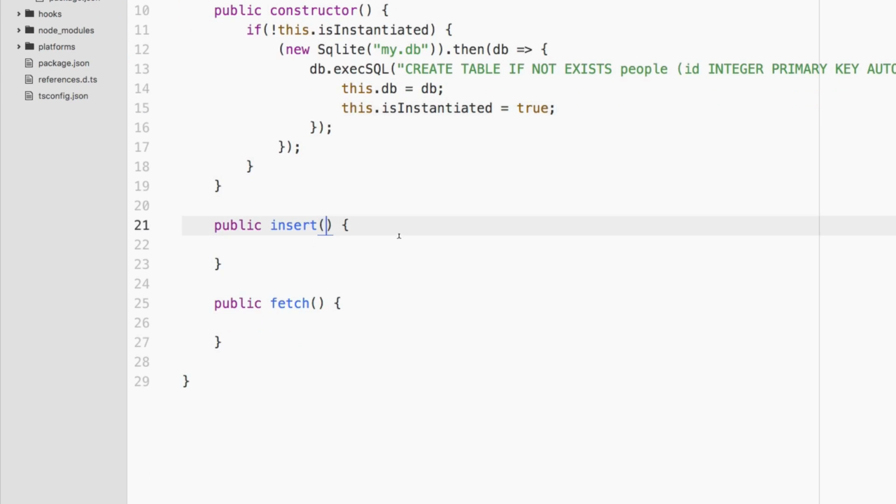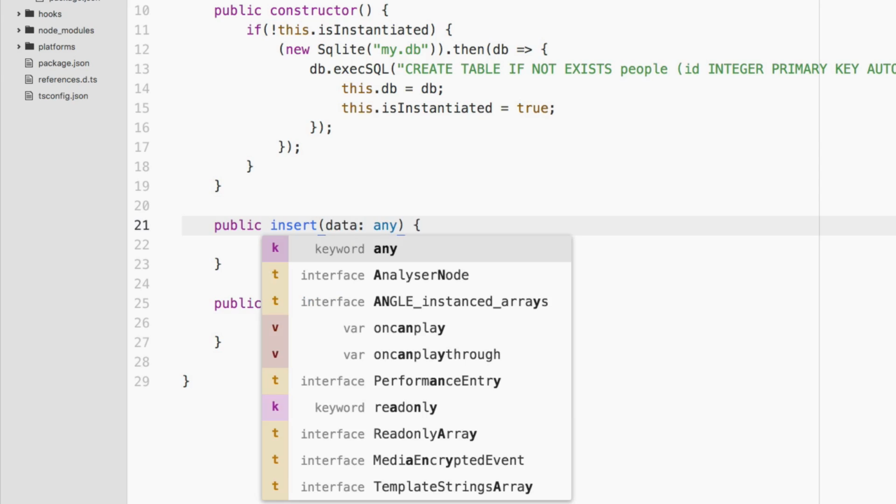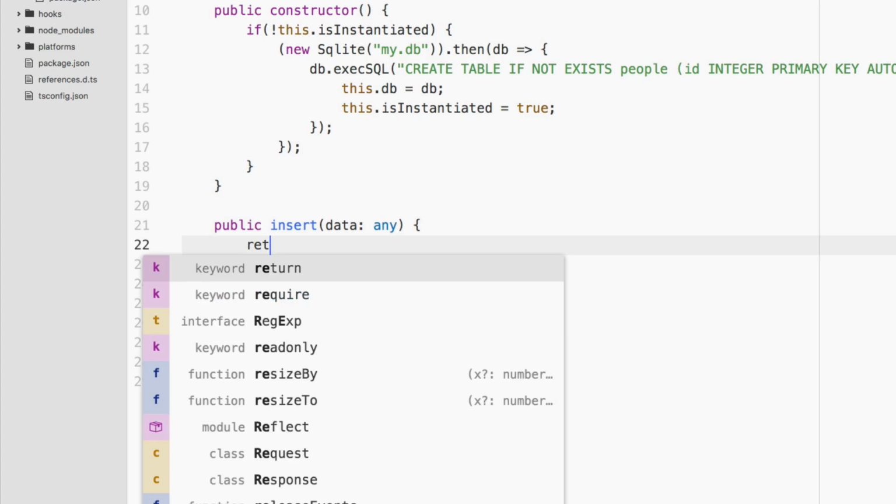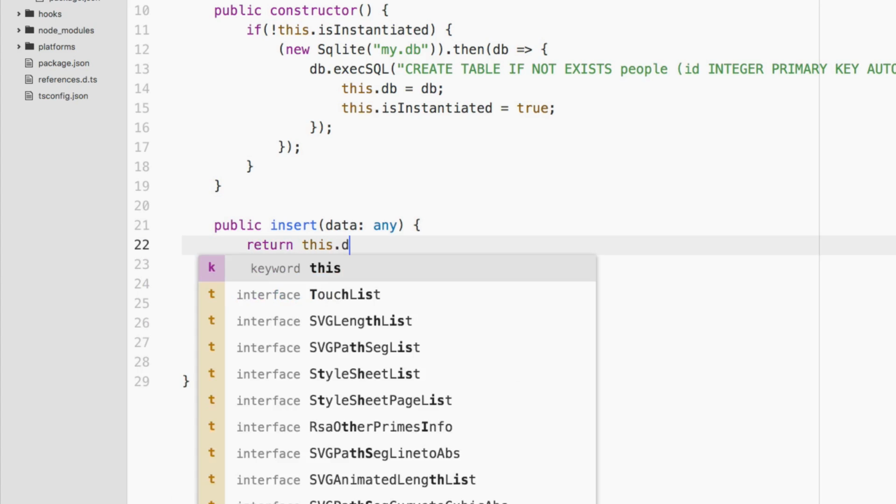So typically when you insert, you're probably going to pass in data to be saved. Let's go ahead and call that data any. So the idea here is we're going to pass in an object, but since I don't want to create an interface for this object, I'm just going to call it any. I'm taking the lazy way out. So we're going to say return this.db